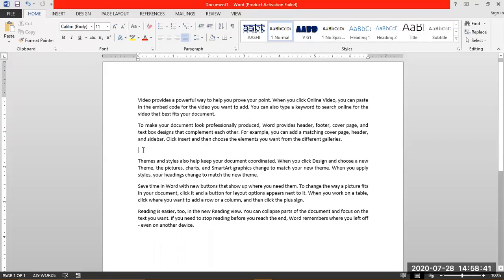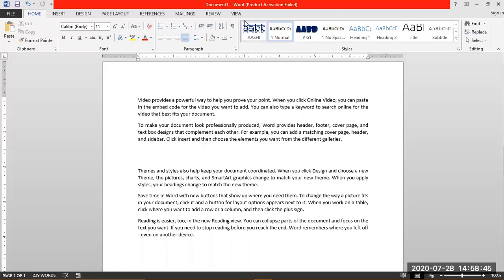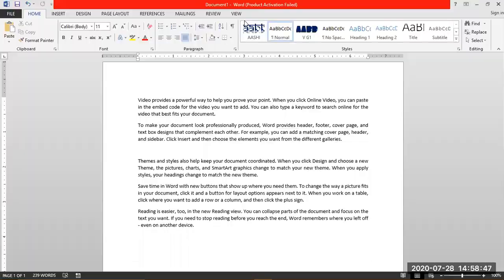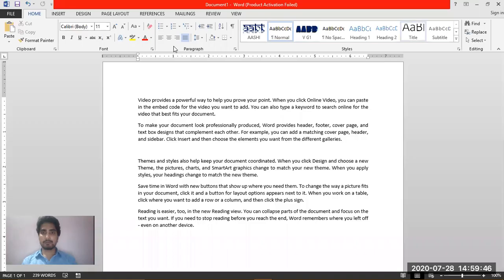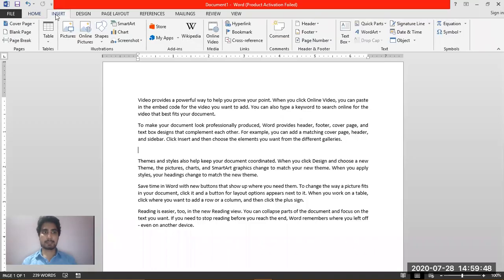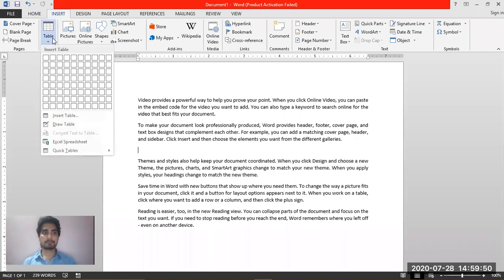So my typing cursor is still between the second and the third paragraph. So let's click on the insert tab, then the table option, and then from the drop down list, we have to click on the insert table option.